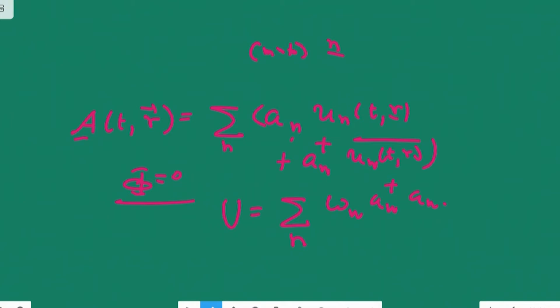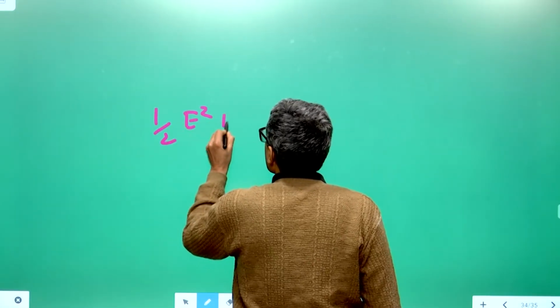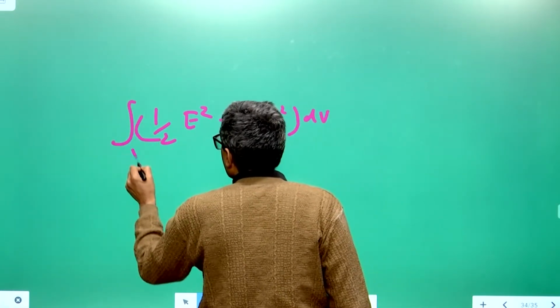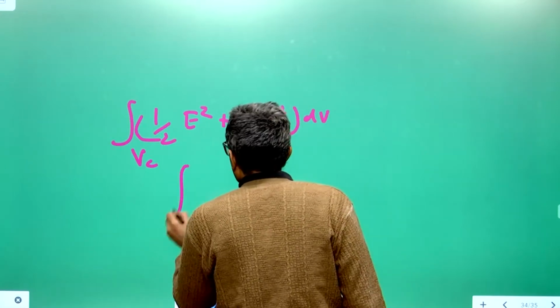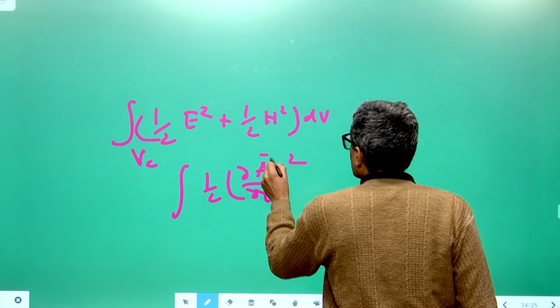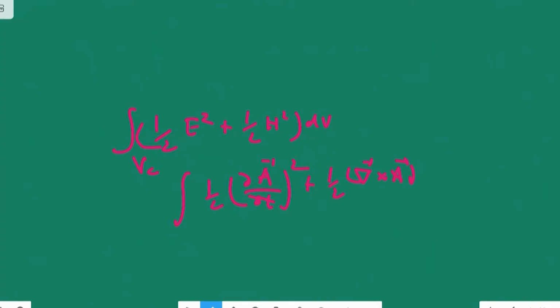How do you calculate the energy in terms of the vector potential? The energy is given by half E square plus half H square dV over the volume of the cavity, and this can be written as half dou A by dou t square plus half del cross A square dV over the cavity, and del cross A square can be written as,